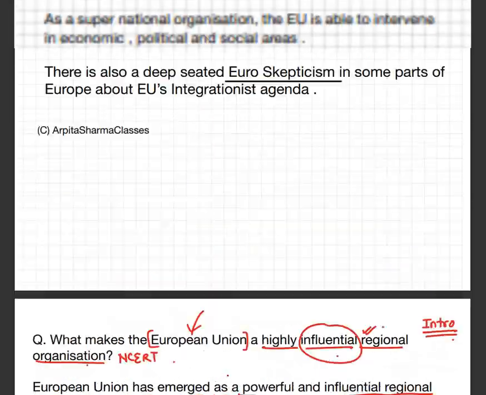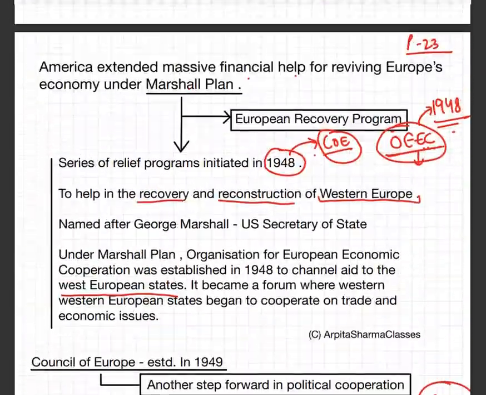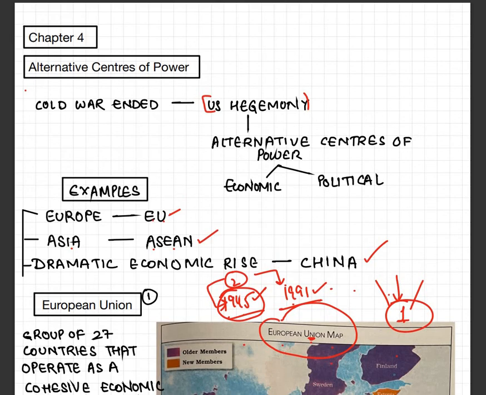Third homework question is identify the contentious issues between China and India and how could these be resolved for greater